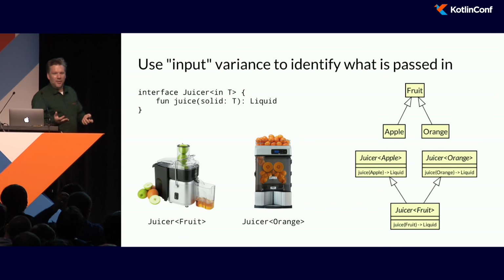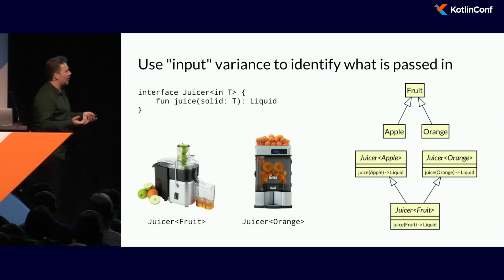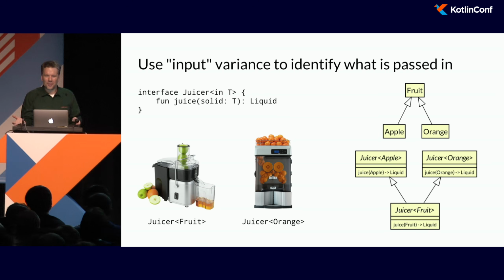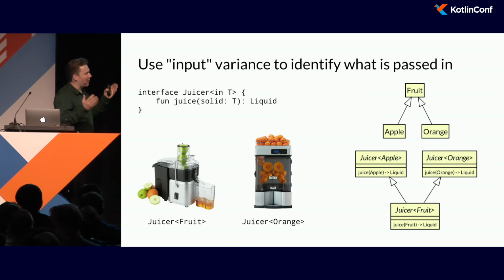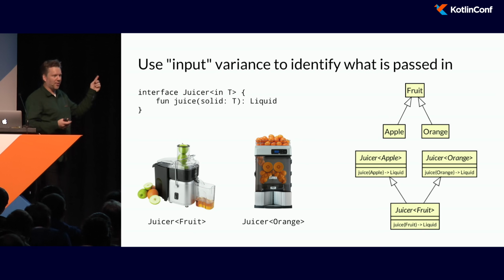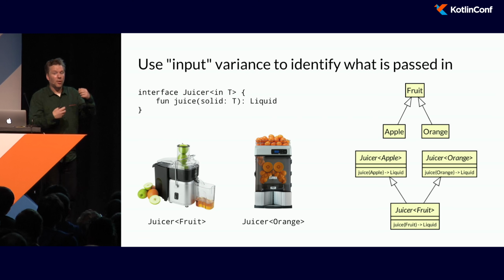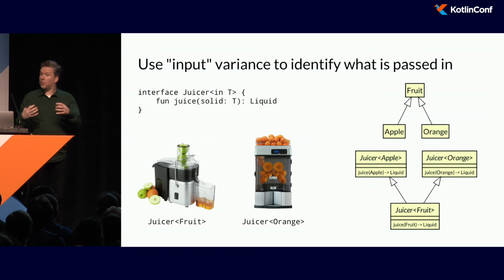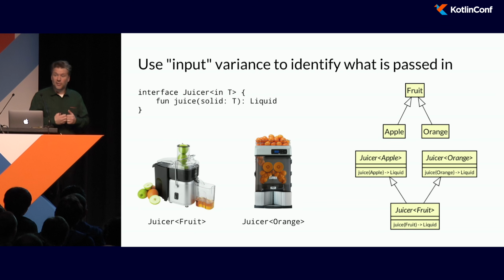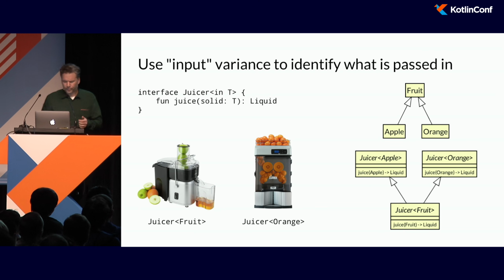But the great thing about having type inference and a type checker as convenient as Kotlin's is the computer is doing it for you. Right? You don't have to get your head around the fact that as I add subclasses, I get new supertypes of my generic type. The type system is ensuring that we're plugging the components of our systems together in a way that is consistent and safe according to the rules of subtyping.